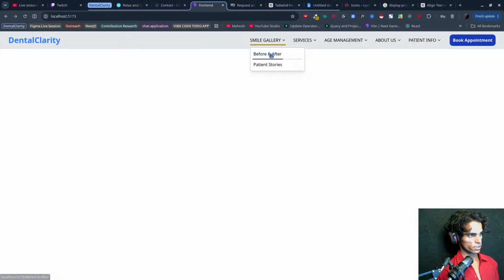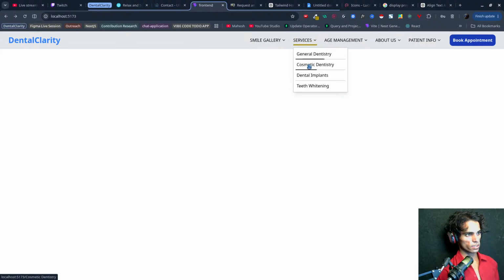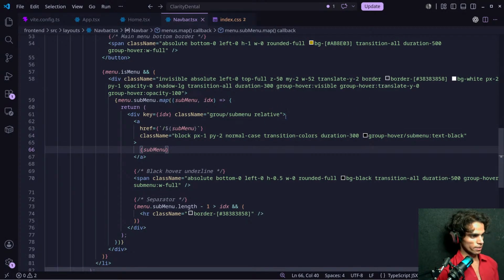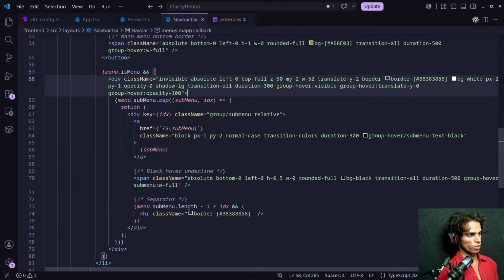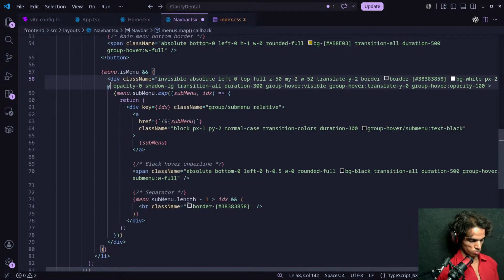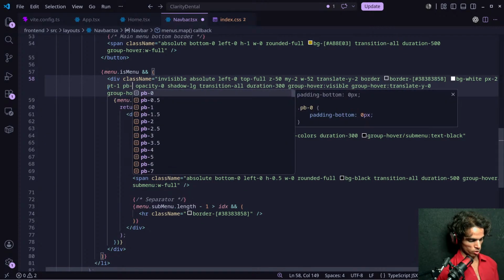Okay, that's great. So I will change this to padding top 1, padding bottom 2.